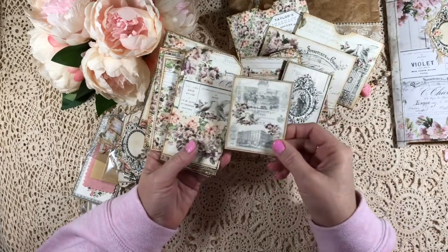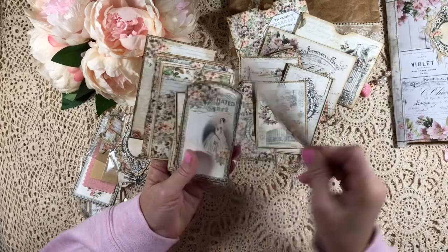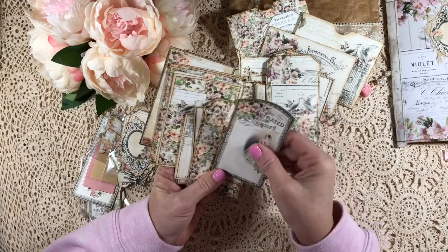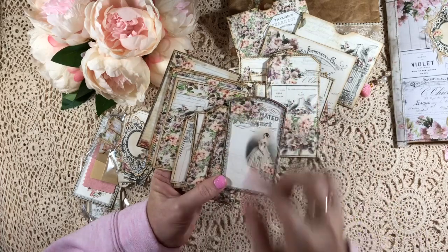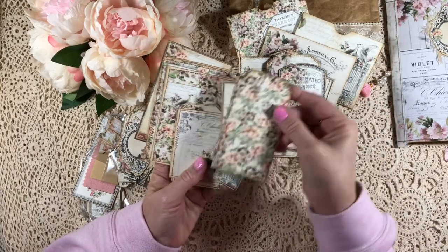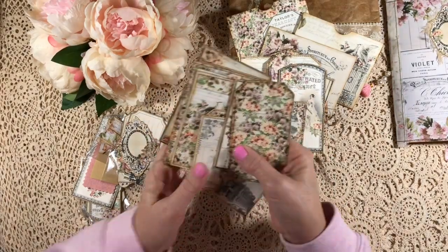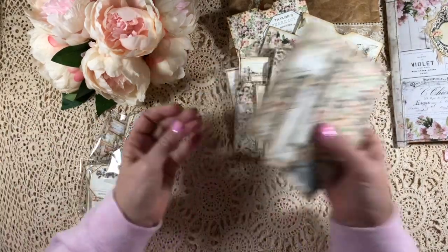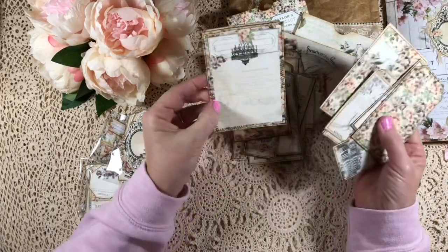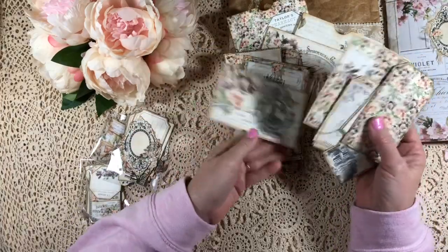Beautiful frames, gorgeous architecture. Tina loves architecture. You can see that in her kits. A beautiful tag with the curved top, which is really lovely. Just stunning, these that you can actually build on, do different things on. Oops, throwing them around now. So just to give you an idea, that's what I've done,